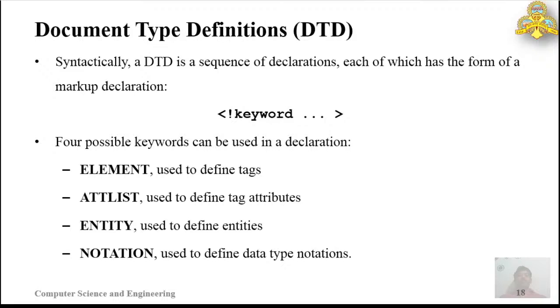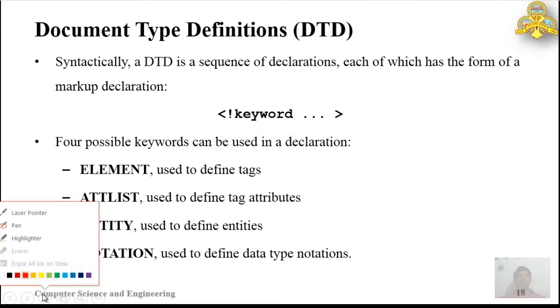Good morning, students. Today we'll start with the declaration of elements in DTDs. DTD stands for Document Type Definitions. The general form of DTD is like this: